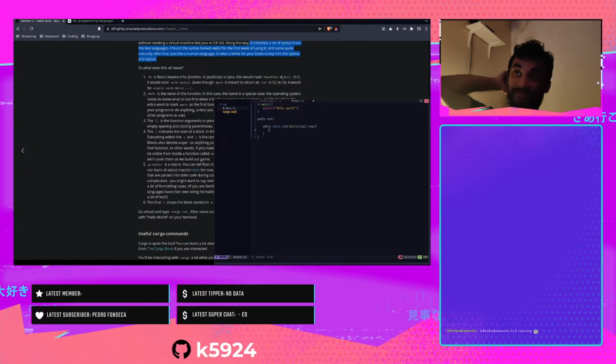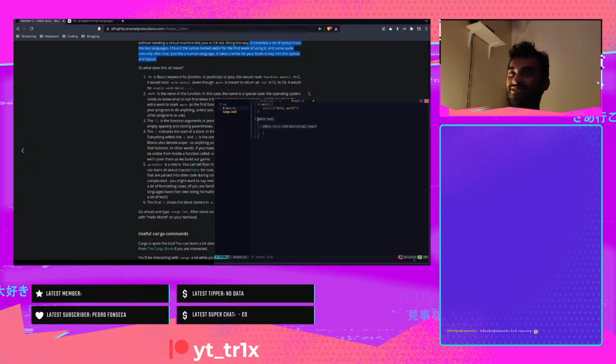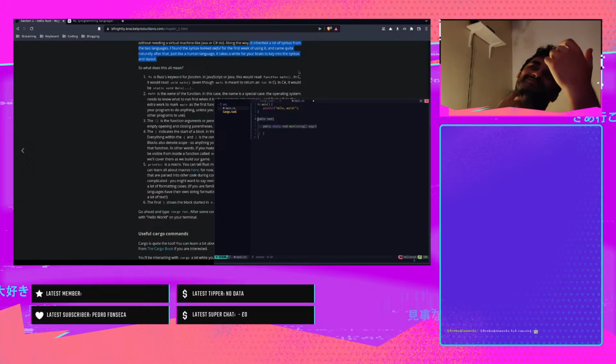Function main is only in JavaScript. I don't think this dude who wrote this did Java maybe, or he was just trying to make it easier to understand. And see, it will be void main, yeah. Even though main is meant to return an int. In C Sharp, it would be static void main. Okay, so this dude's done C Sharp, but for some reason he just thinks that Java and JavaScript do the same thing. Mad. Anyway,